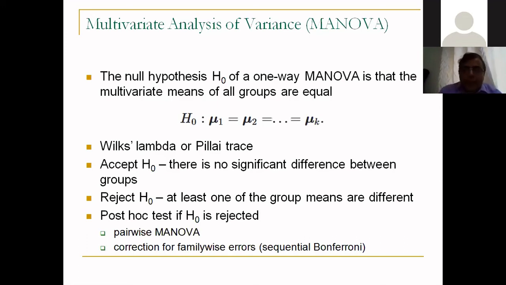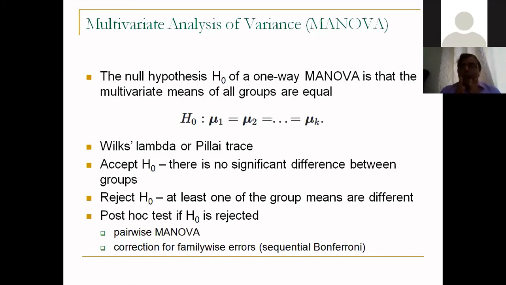Now there is one thing that you have to understand. The null hypothesis of MANOVA is all the groups are the same, but the alternative hypothesis is at least one of the groups is different. So it does not check whether all groups are different. It will only check whether one group is different or not. Even if all other groups are the same but one group is different, then MANOVA will be significant. So if the MANOVA is not significant, you'll just say that all groups are the same, and so morphologically all organisms are the same, and that's the end of the story.